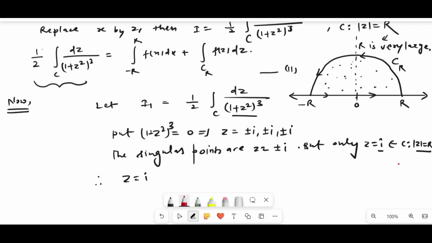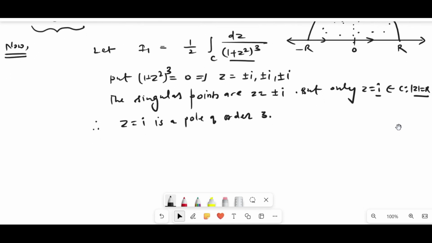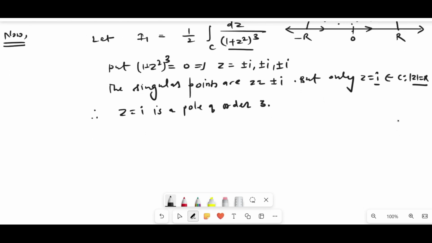So therefore we can say that z is equal to i lies in the domain D. So z equal to i is a pole of order 3. If it is a pole of order 3, then the value of the integral over the curve C of dz upon (1 plus z square) to the whole power 3 is equal to 2 pi i times the residue at z equal to i,